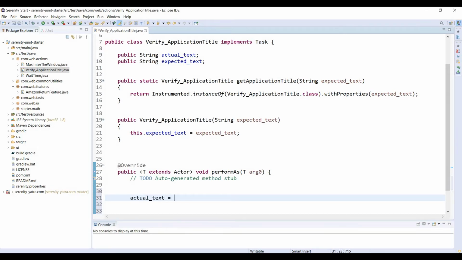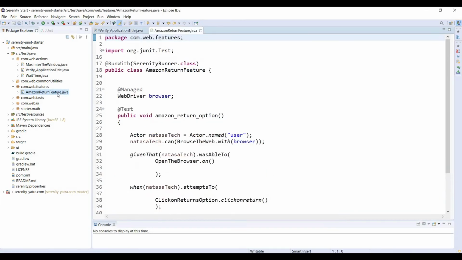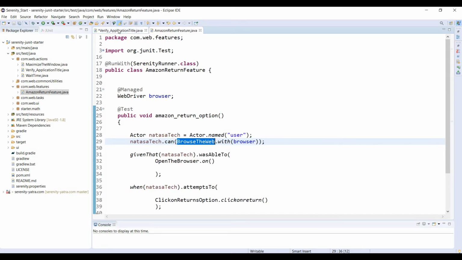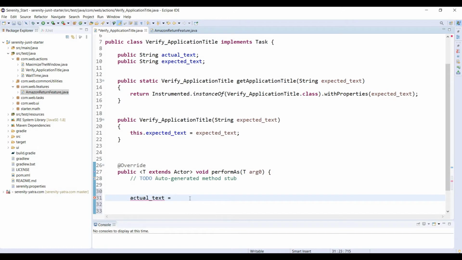Actual text equals... In normal Selenium and Cucumber we use driver.findElement. In Serenity you forget about the driver. Here we use BrowseTheWeb. I already told you in my task videos and actor-centric videos that BrowseTheWeb performs all the actions interacting with the browser, which is provided by Serenity plugins.